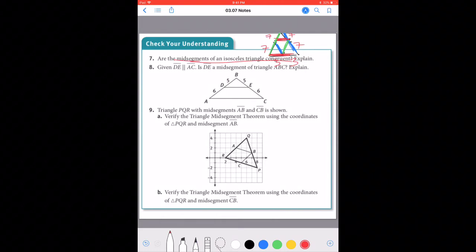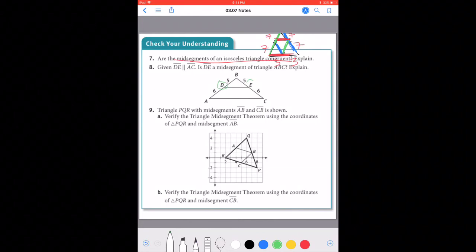So now for number 8. Given that sides DE and AC are parallel, we can see, is DE the midsegment of the triangle ABC? Explain. So we have to remember our definition here of midsegment, and would this be the midsegment? As I already pointed out, because I thought this was the diagram for number 7,